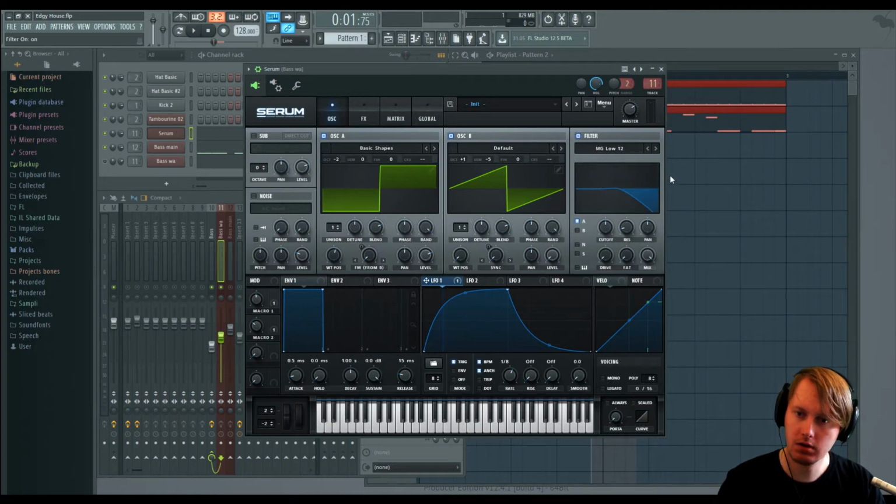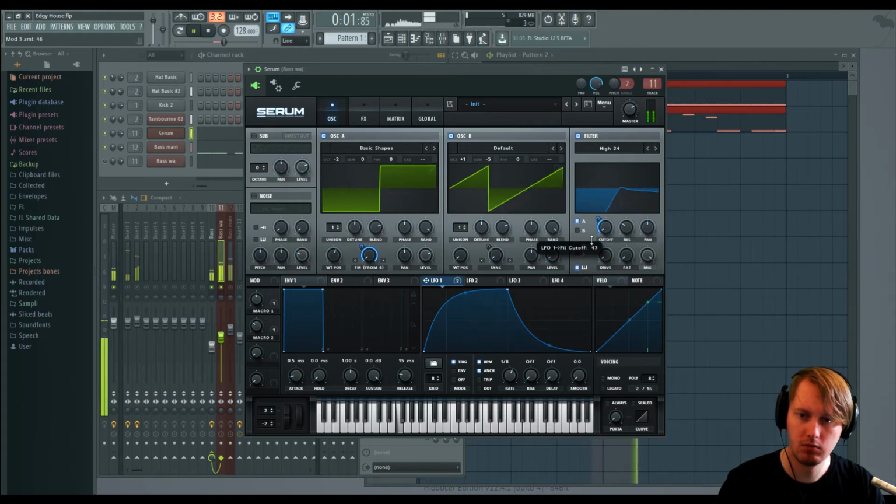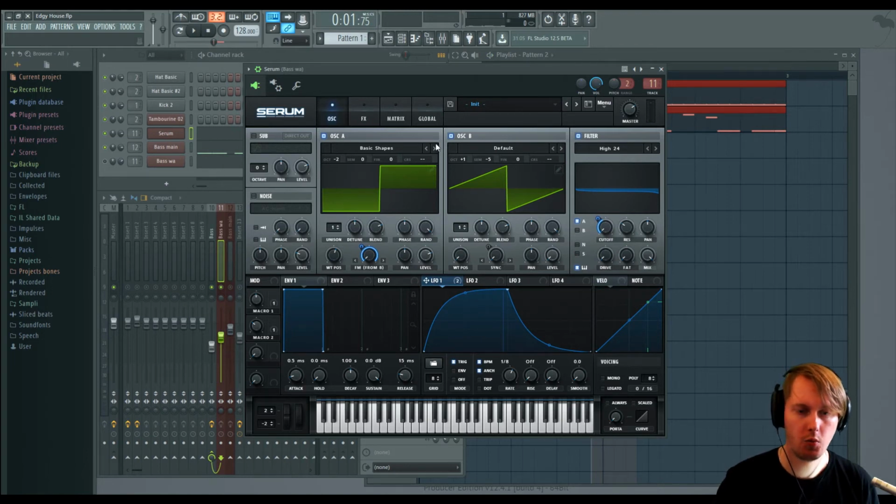So here we add a high pass, key tracking. Let's turn it down, give it some resonance, and give it the same LFO we are using for FMing. We are giving it some wah sound,